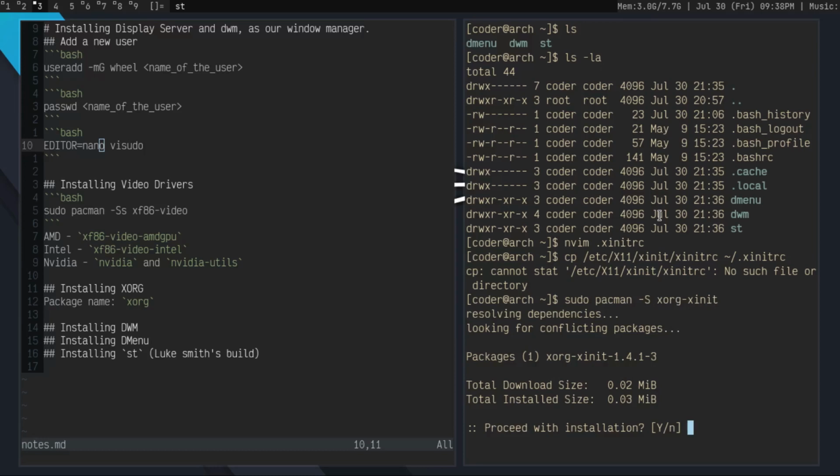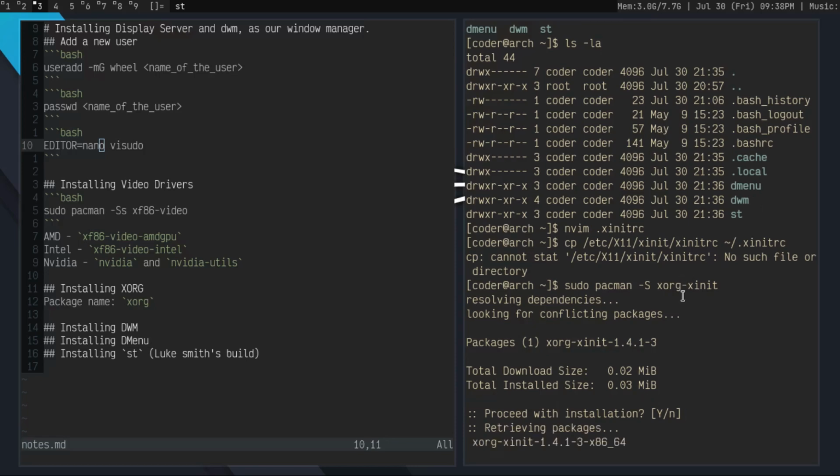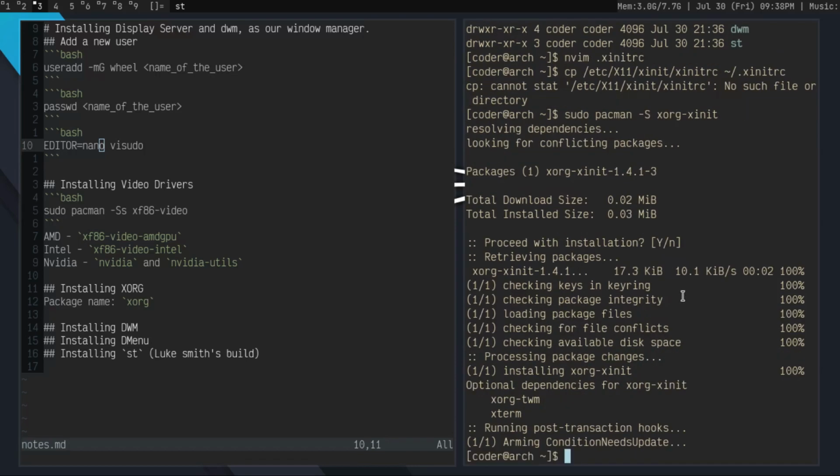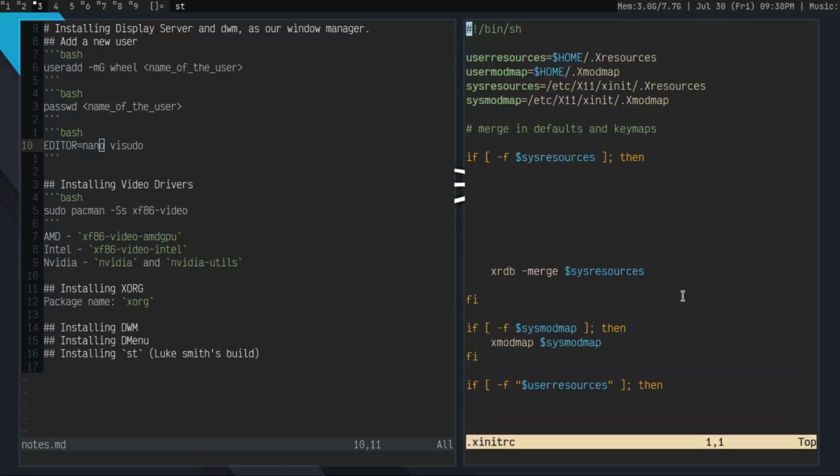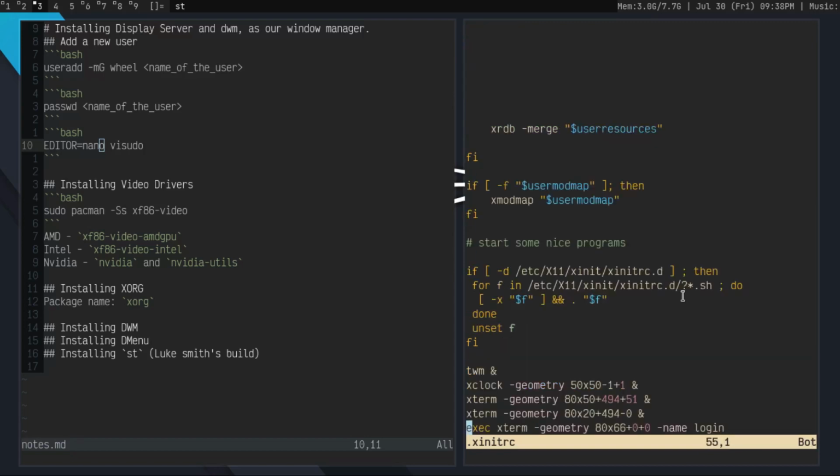Okay, so for booting into the window manager, you should have this package xorg-xinit, which will enable us to use the graphical environment. Okay. After this, we can run this command, and then we'll go to our xinitrc. Now you should go at the bottom.